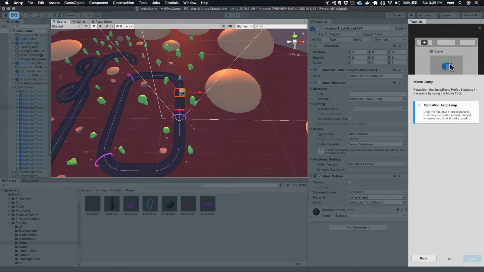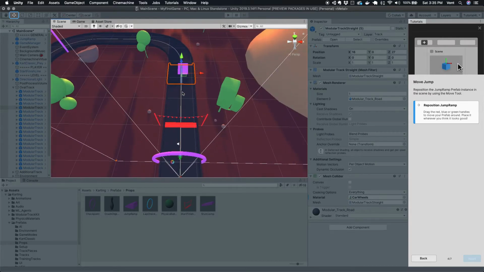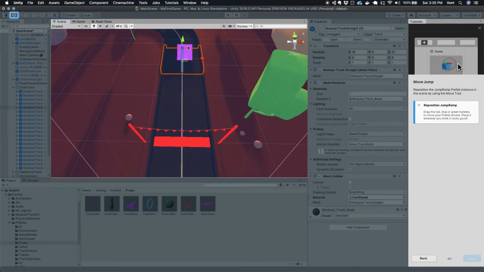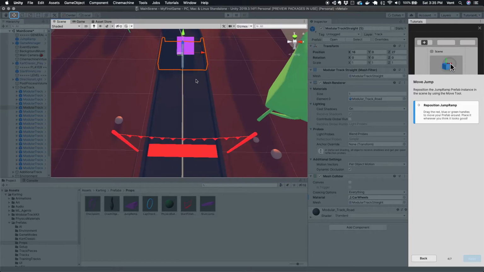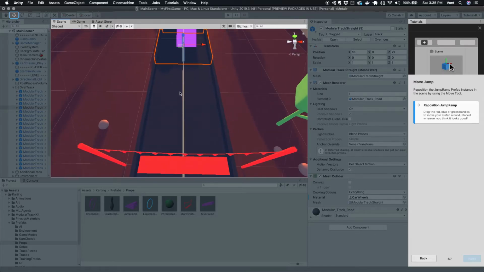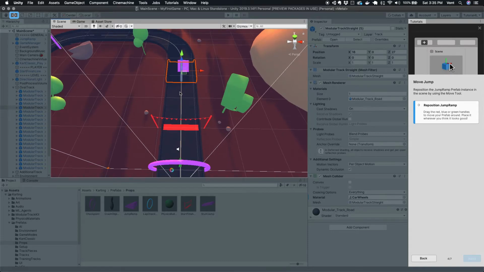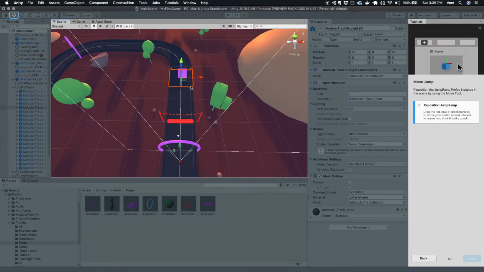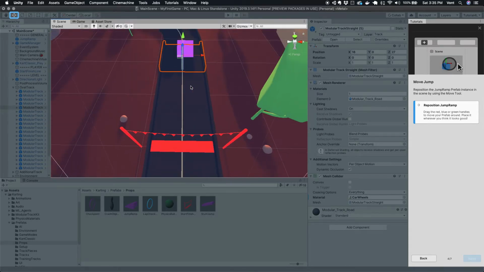Wait, I can't zoom in. So I'm just going to use my mouse wheel here. Because the zoom in, zoom out, orbit, that's the hand tool. Oh, wait, no, never mind. We're obviously zooming in and zooming out right now. All right. But anyway,